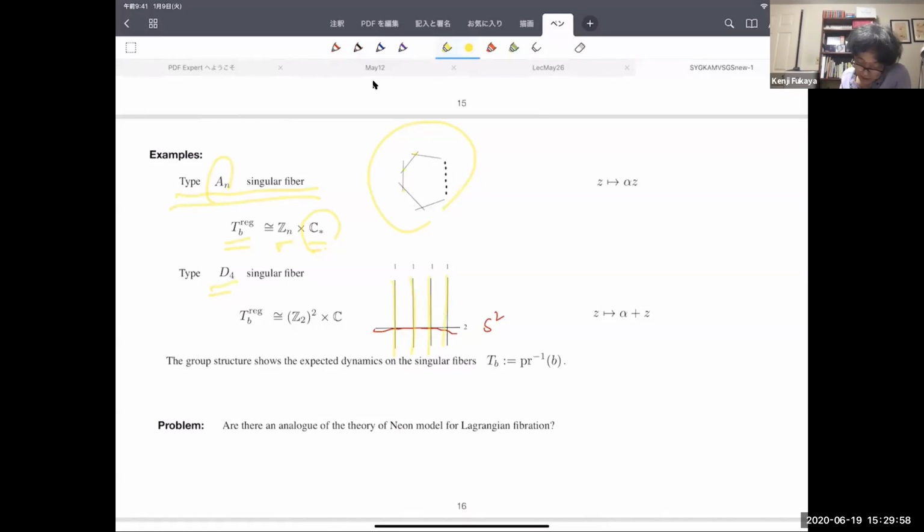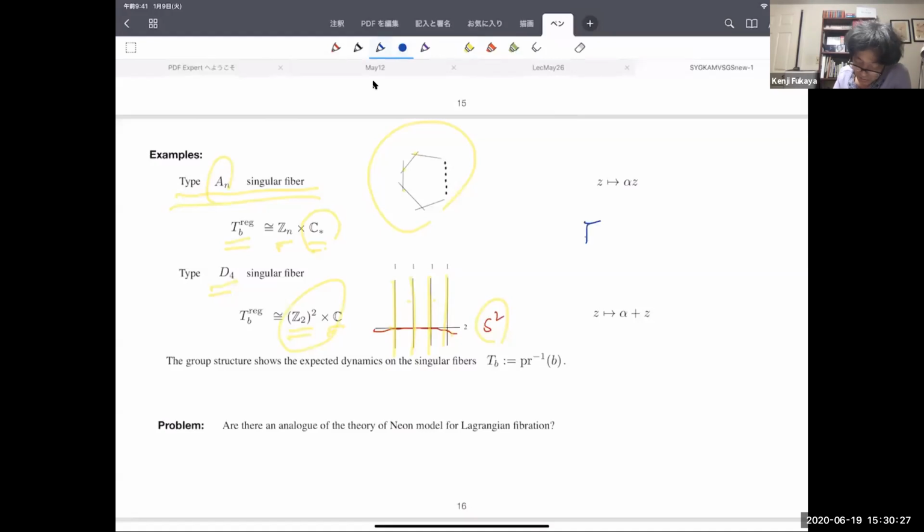And then you take this regular part. So the regular part, this S2 has a multiplicity, so you used to throw it away. And then you have this 4 copy of complex numbers, plus. But then, if you just look at this table, Neron's table, then this is a group structure. So you have this kind of thing. And you look at this group structure, you know how this dynamics, how this F0